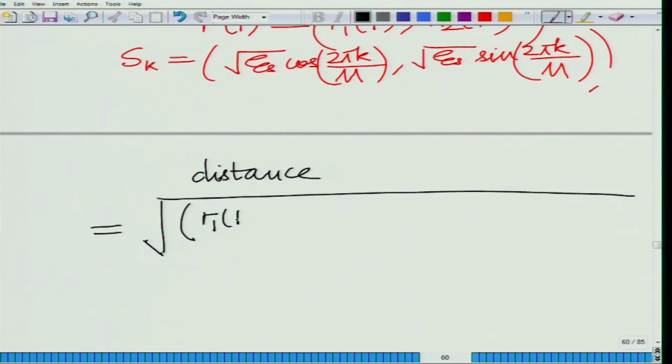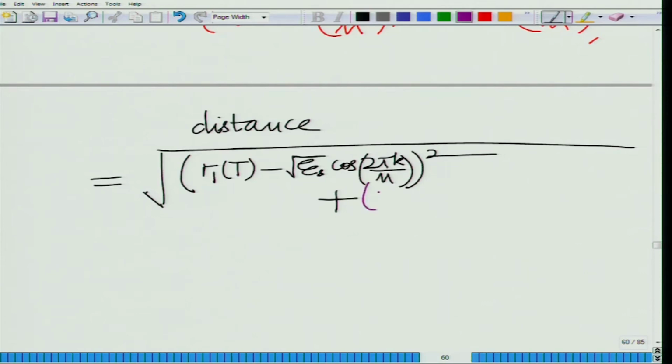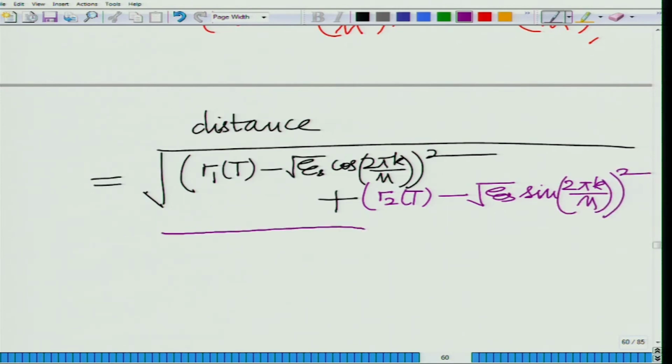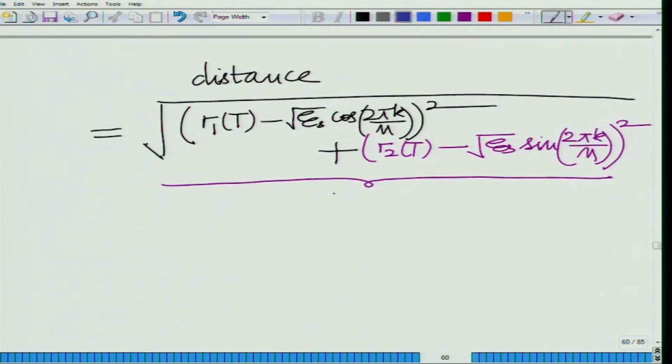So, this will be the square root of (R1T minus square root Es cosine 2 pi k over M) whole squared plus (R2T minus square root Es sine 2 pi k over M) whole squared, whole under root. This is the distance between the output,